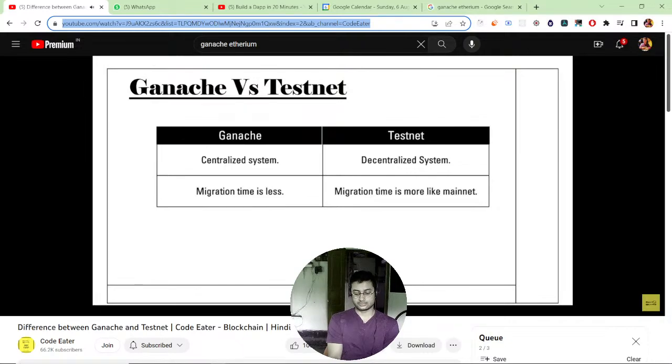क्योंकि टेस्टनेट क्या है? टेस्टनेट इज जस्ट लाइक मेन नेट का एक टेस्टिंग वर्जन। तो क्योंकि ये मेन नेट की तरह ही बिहेव करता है, तो मेन नेट में जितना टाइम लगता है माइग्रेशन होने में, मेन नेट में जितनी जो चीजें होती हैं, ठीक उसी तरह से टेस्टनेट भी वर्क करता है और इसीलिए माइग्रेशन टाइम टेस्टनेट का गैनाश के कंपैरिजन में ज्यादा होता है। तो यहाँ पे अगर आप देखोगे तो गैनाश ज्यादा पावरफुल है एज कंपेयर टू टेस्टनेट,